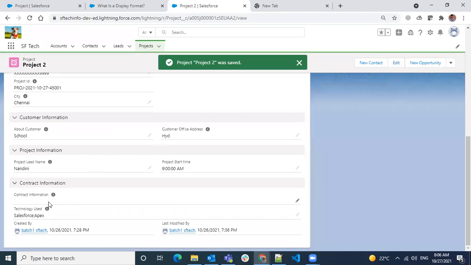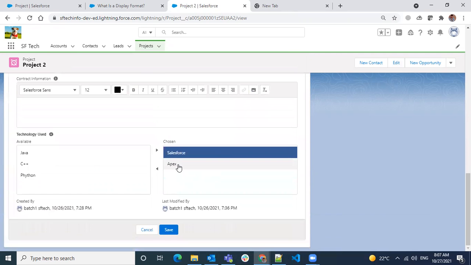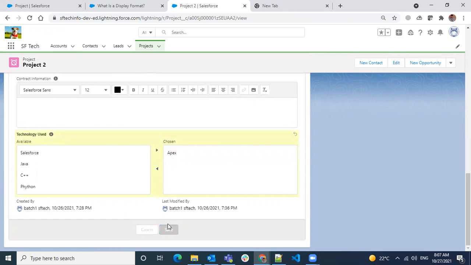If you save, it is stored as semicolon separated values. So when you use it in the backend for a multi-select field with multiple values selected, you have to store it as semicolon separated values. Let's say I keep it as a single value and see how it will be.